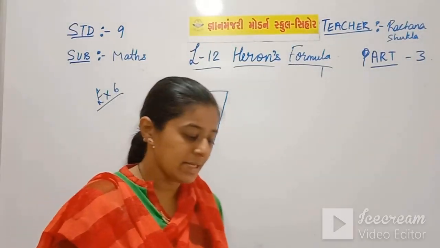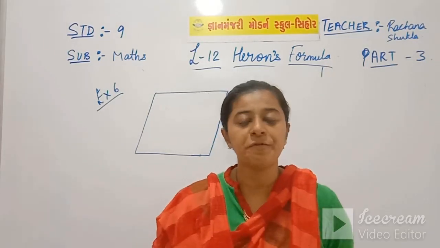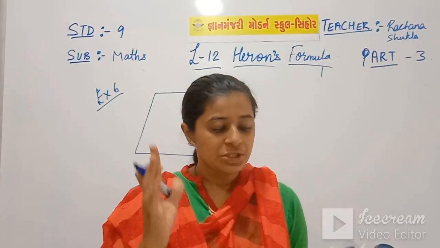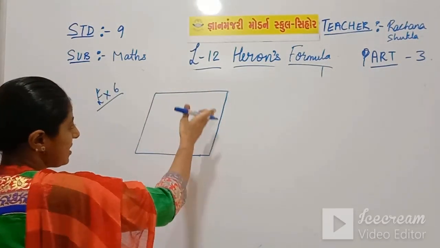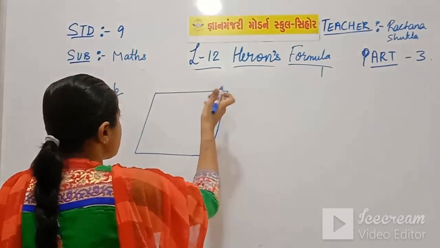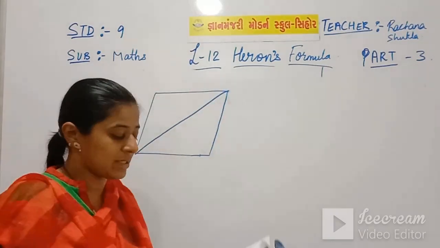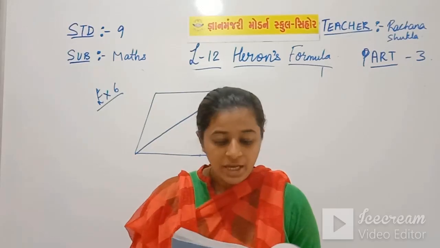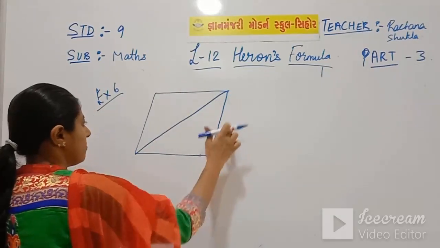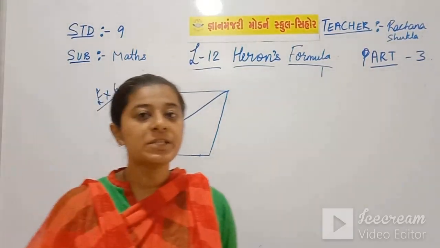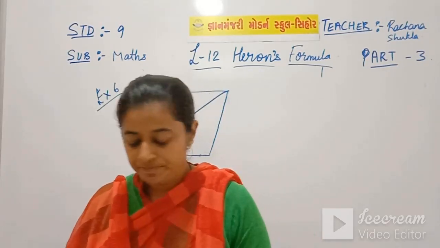Then, second line is, she wants her one daughter and one son to work on the land and produce different crops. So that means she divided the land into two equal parts. This is a piece of land in the form of a rhombus and it is divided into two equal parts. The rhombus is divided. Then, the perimeter of the land is 400 meter, the total of all the four sides is 400 meter, and one of the diagonals is 160 meter.